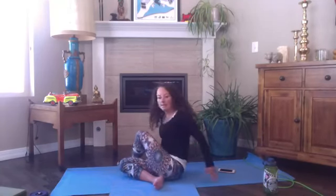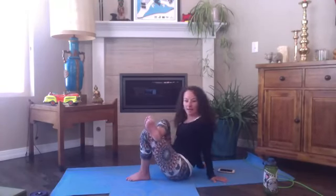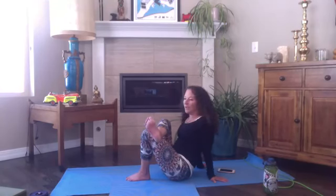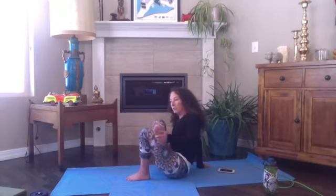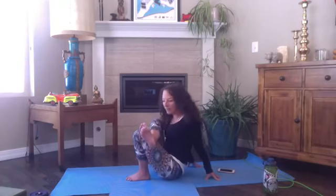And let's switch sides. So bring the soles of your feet back, and this time your right ankle on top of your left knee. And again, if you're feeling something, you're there. You don't want to go into fight or flight. But if you need to move further in the posture in order to feel something,